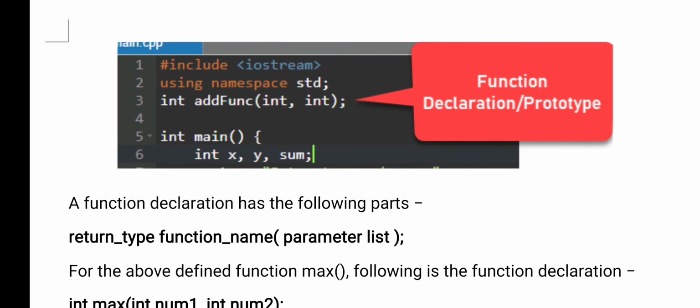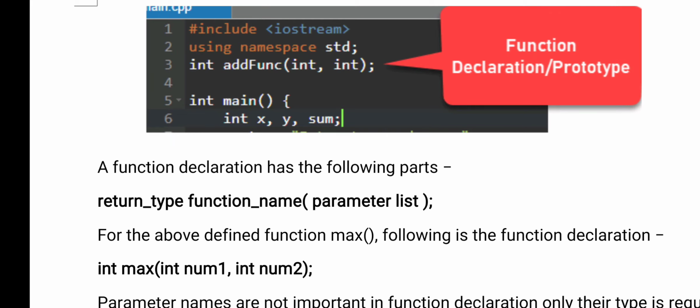It is the condition that when you are creating a user defined function, that user defined function should be declared before the main function. So when you are declaring a user defined function, what is the procedure here? You see how it should be declared. Third line, you see int add function I have given. Int is a return type, meaning from that function we are getting a result, and whatever result you are getting is of the type integer.